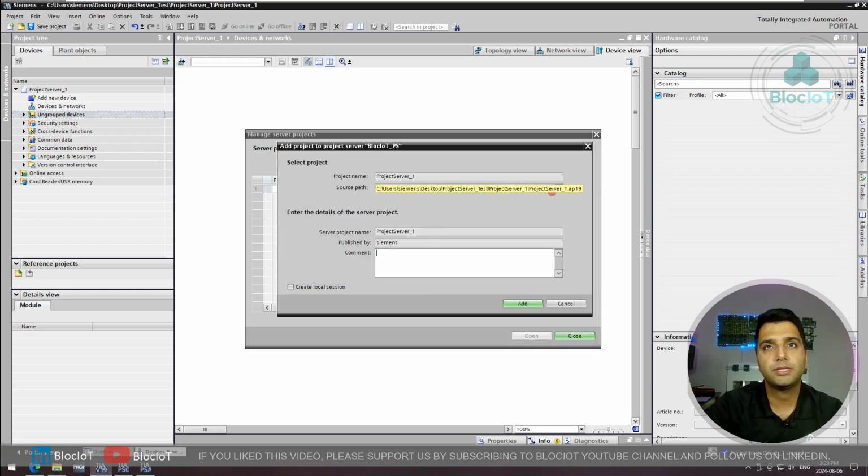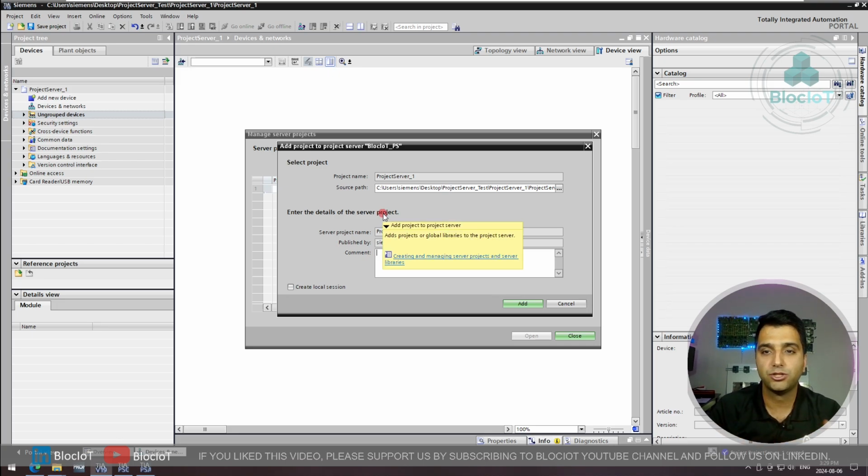And now I just need to select the source path. This is the path which points to my TIA portal project that I just created. So basically this is the path to the blank project. So now I can add any comments that I would like, and also I can select the create a local session and hit the add, but I won't check this option because I'm going to show you something later. So I'm just going to hit the add